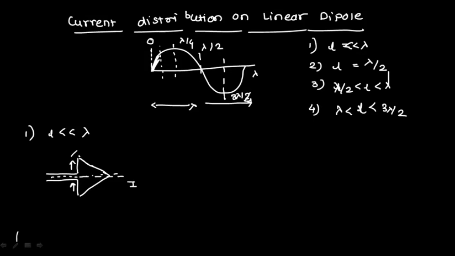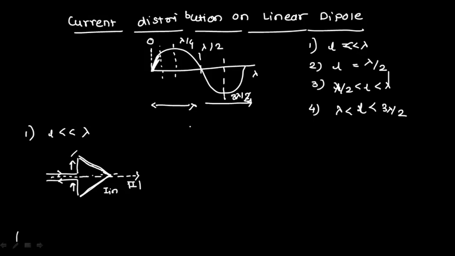ठीक है, यहाँ पे आपका triangular shape will be there. ठीक है, this you need when you are going to study the infinitesimal dipole antenna. So whatever current I am getting, if I draw the current on this x-axis, the distribution is nothing but, you can say, a triangular distribution.